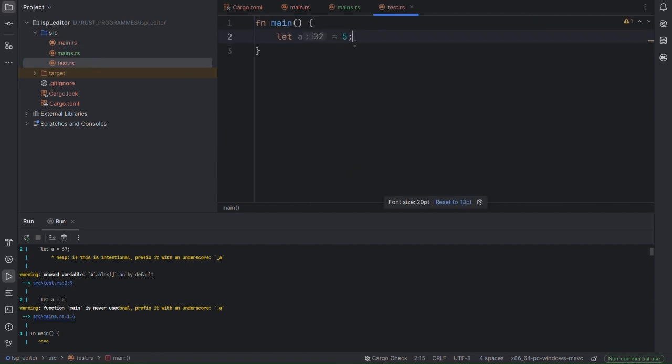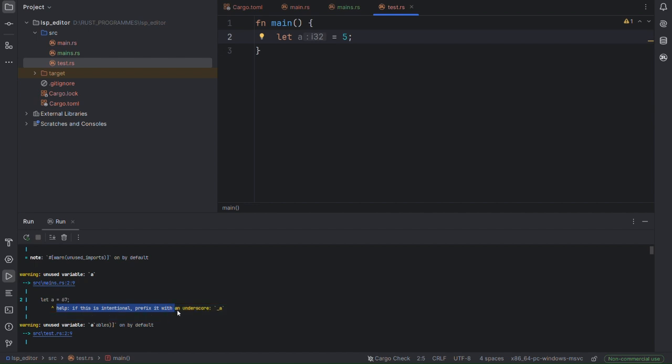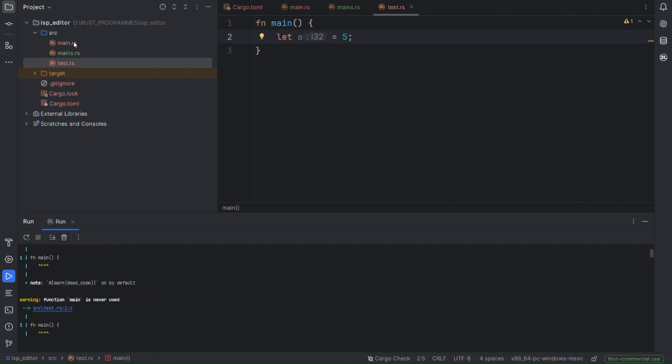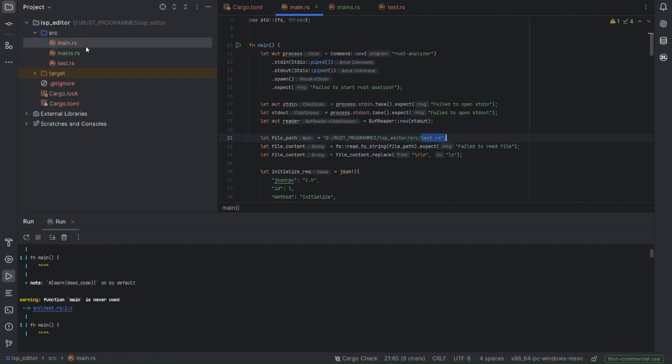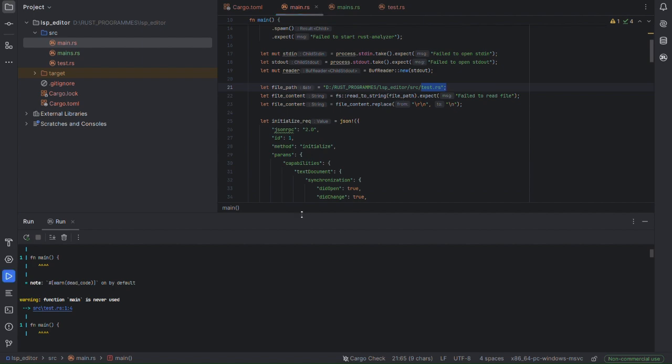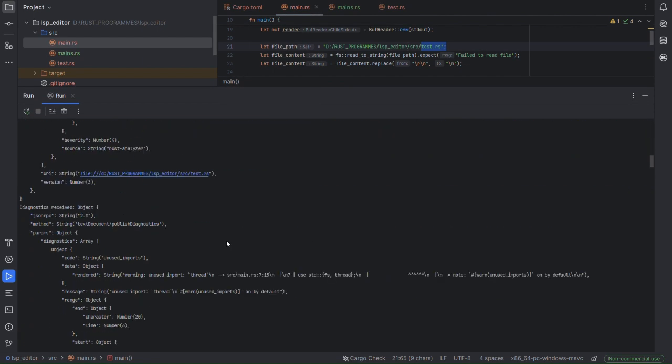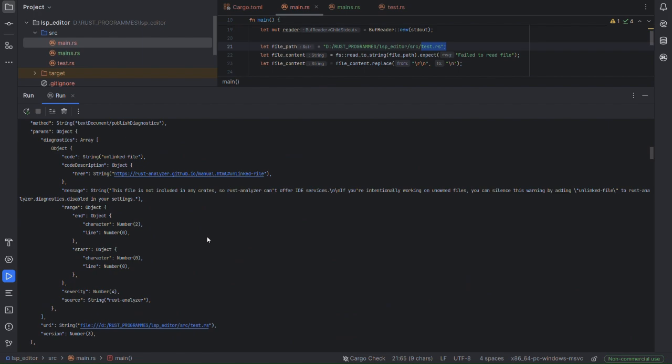If you look at this, it has a variable a defined, and the warning which is being given is something like this: if it's intentional, prefix it with an underscore. So I've sent a request. If I show you down here, there are numerous